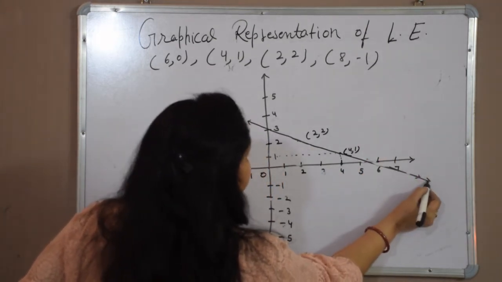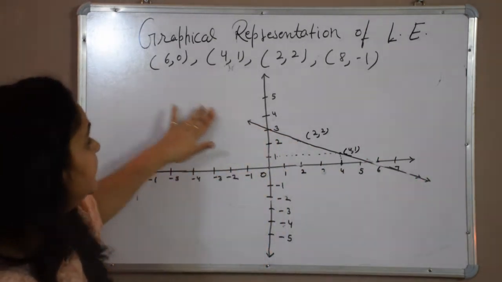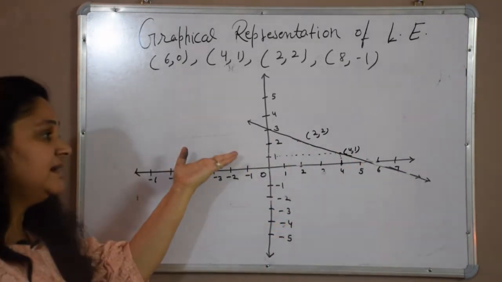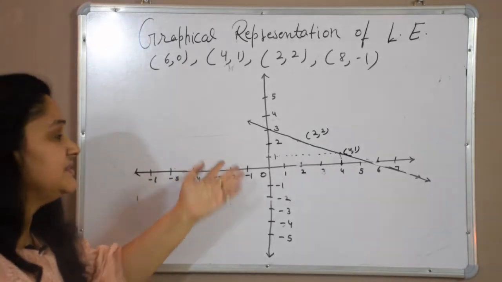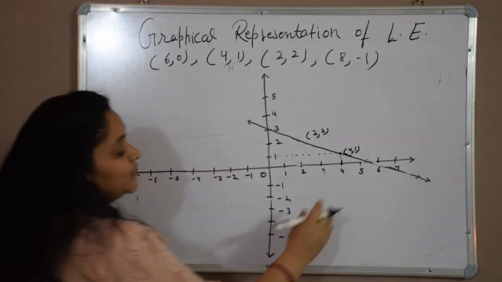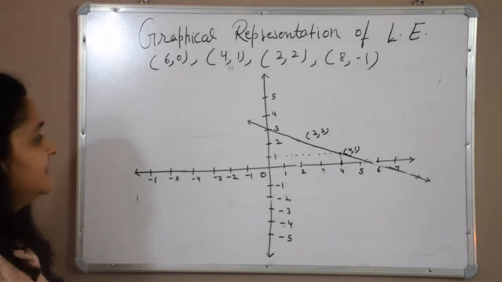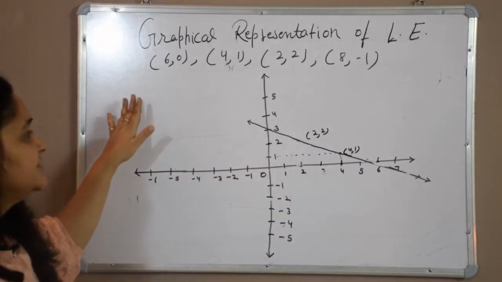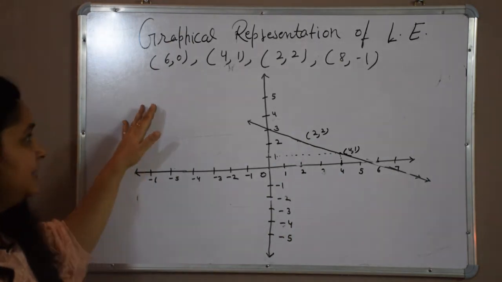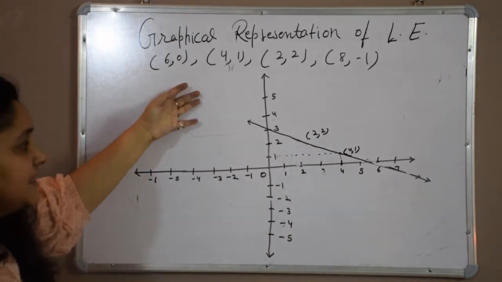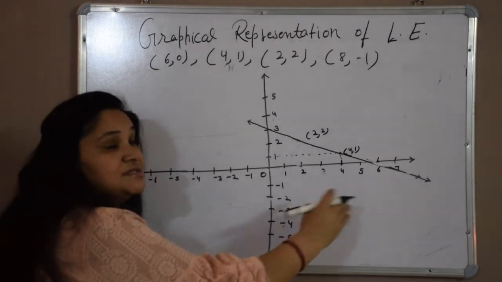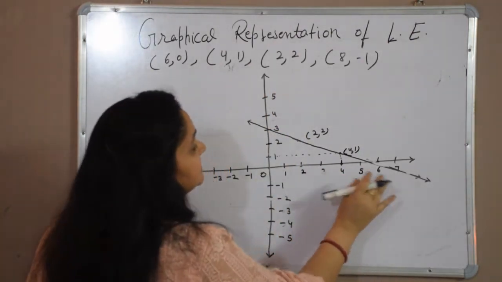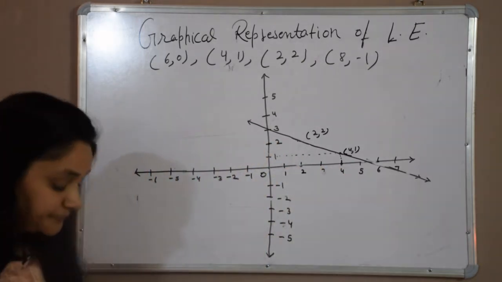Always you will get a straight line, and it is indefinite. We can extend it on both sides because it is a line. It is not a line segment that is fixed, it is a line, and you can extend it on both sides, and it always represents a straight line. So for a linear equation in 2 variables, we took an example, found its solutions, and when we plotted the solutions on the graph, we saw it always represents a straight line.